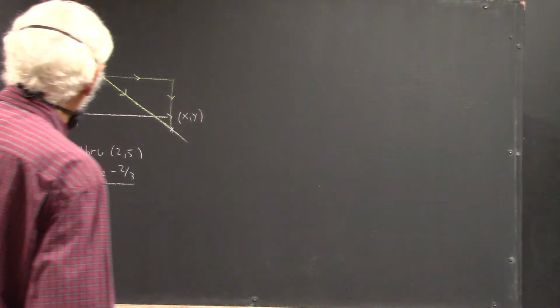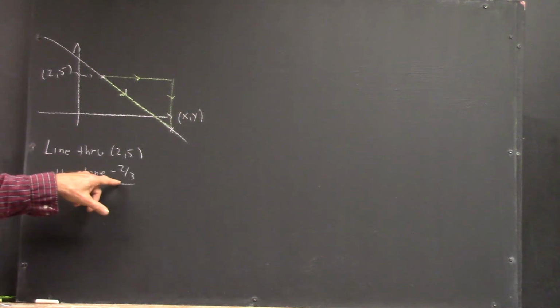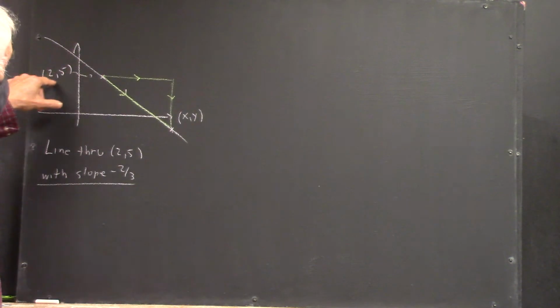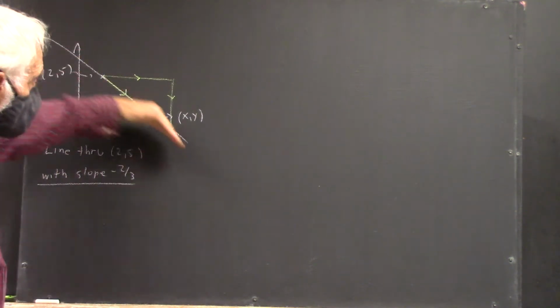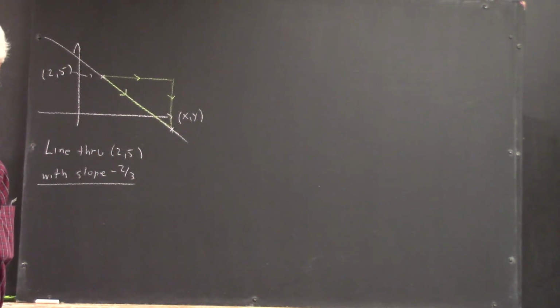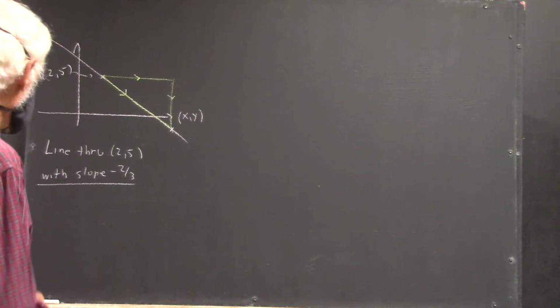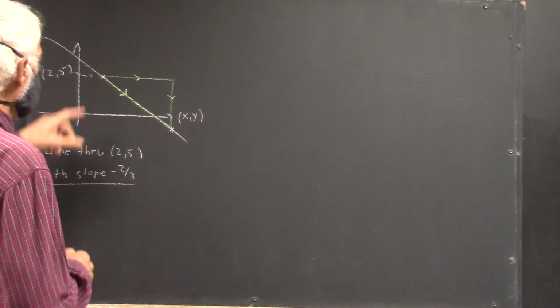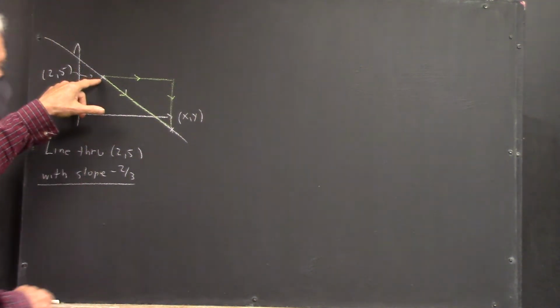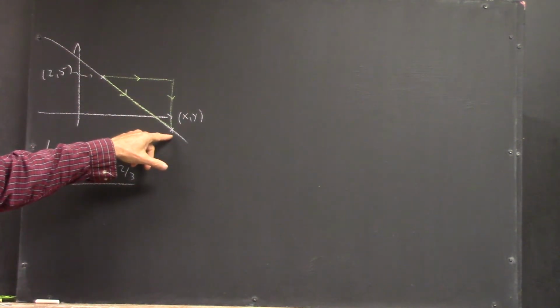Okay, now we're doing a line through 2, 5 with a slope of negative 2/3. So let's say this is the point 2, 5, and this line has a slope of negative 2/3. Then, if I draw a fundamental triangle from 2, 5 to the point x, y,